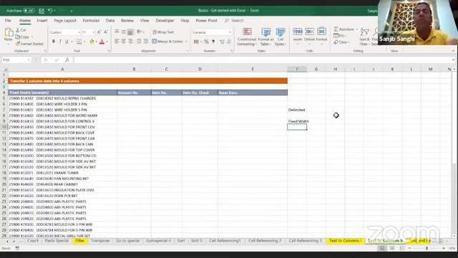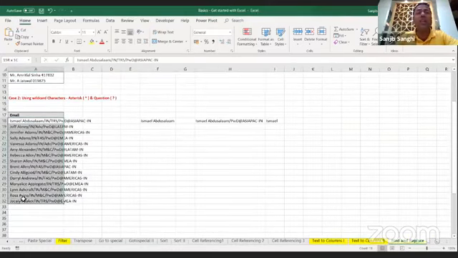A fixed width format is one wherein we don't know a particular criteria or a common factor to divide the columns. Then we tell Excel that we want to divide it the way we want. So it's a manual process of dividing the column. This is very much required when we want to break the cells and we do data cleaning. A lot of things we learned on data cleaning. We learned very importantly how we can clean this data file to have only the name or the first name.